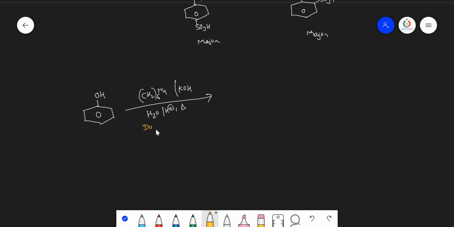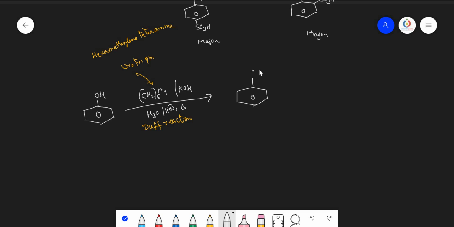The name of this reaction is the Duff reaction. This molecule is called urotropin. It is also called hexamethylene tetramine. Hexamethylene tetramine is used for urinary infections. So when this particular molecule is used, we get